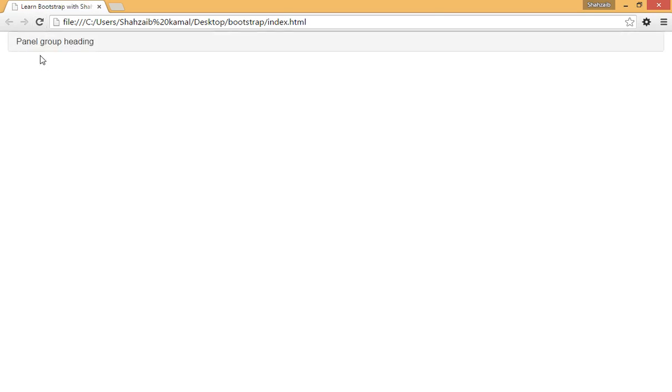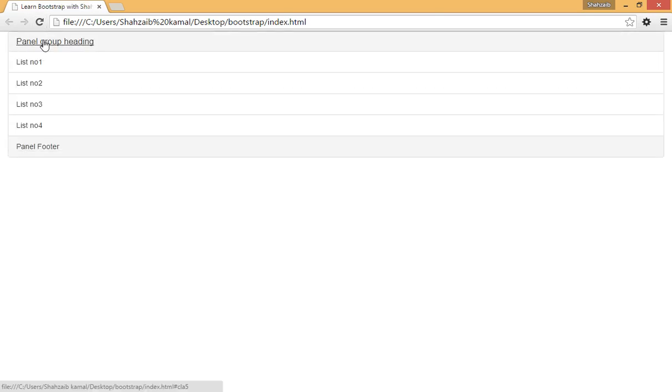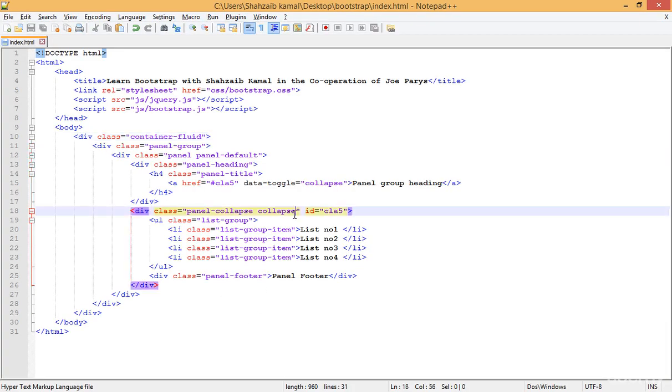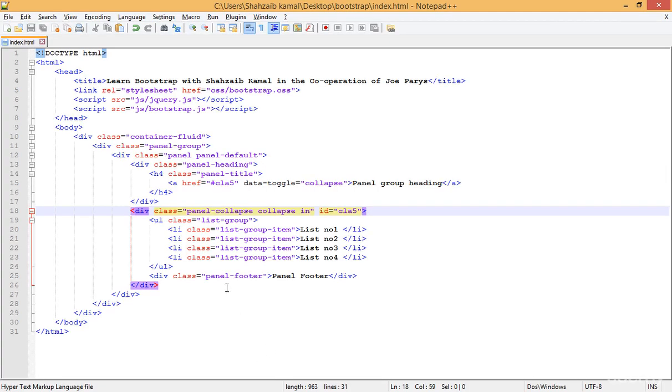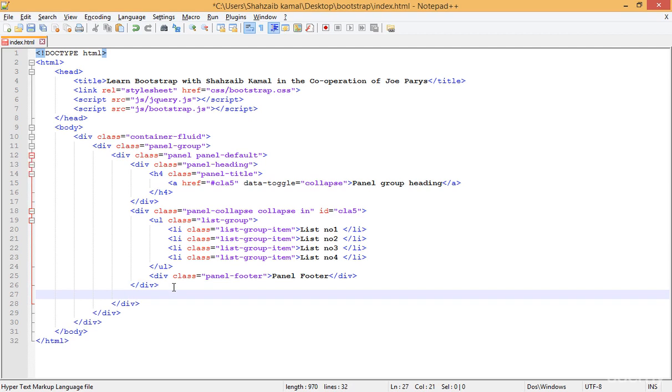Now you can see the panel group heading. When I click on the panel group heading, I can see the data. And now you can understand that if I add the IN here and then refresh that one, now you can see that by default we can see the lists, but by clicking there we can do the same, like hiding or showing. But there is something more you should learn about the